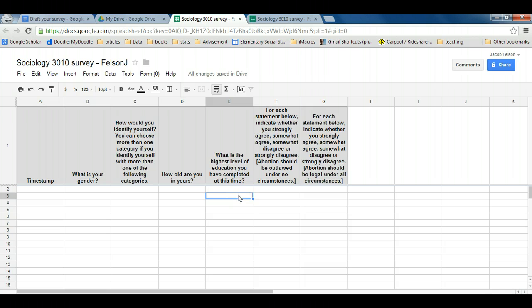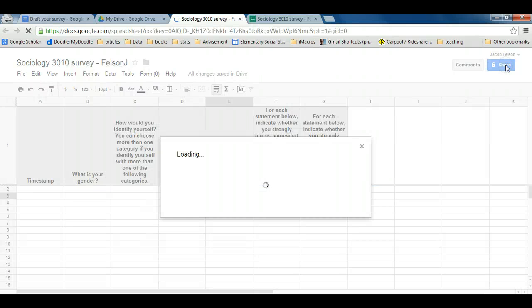The most important thing you need to do after you've created the survey is to actually share it with me. So you can't turn this in on Blackboard. It doesn't mean you're not going to get a grade for it, you will. But the way to share it with me is to go up to this little blue share box, and if you put your mouse over it, it'll say private, only to me. You want to share it,